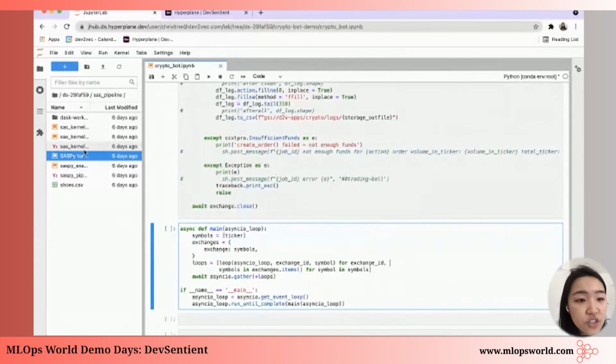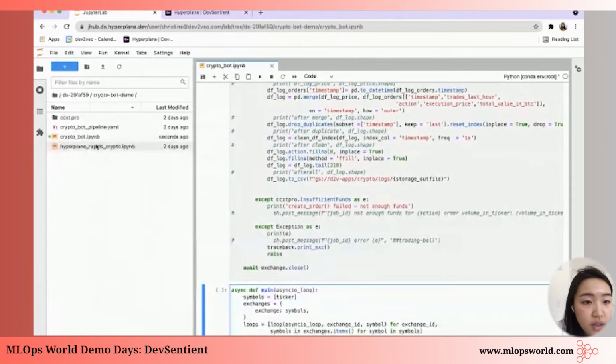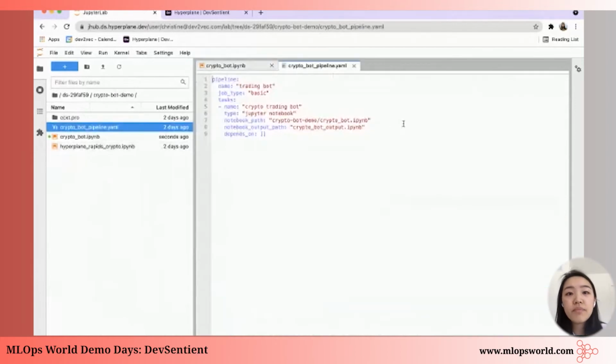So first we go to our folder and create our YAML. And this YAML, similar to what Will showed before, just shows the steps. And in this case, we just have the 1 step, which is our CryptoBot notebook, and we can specify our output path if there are any errors. And then after we save this and commit it to our repository, that's our first step, we can then go to our dashboard and then actually run it as a service.